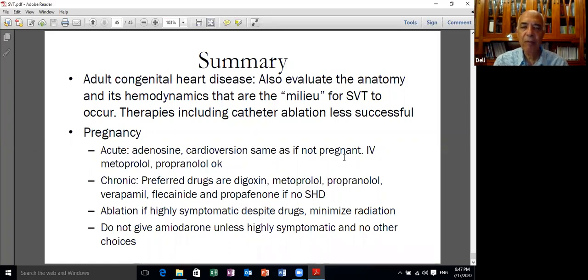If you have supraventricular tachycardia as a part of another congenital anomaly like pulmonary hypertension, the indication will be pulmonary hypertension or Eisenmenger syndrome, and this is the indication, but it will not be the supraventricular tachycardia by itself.